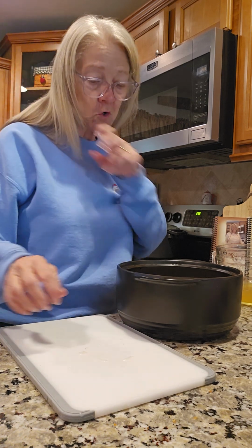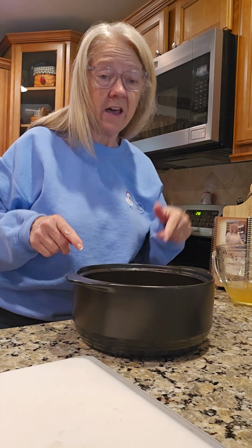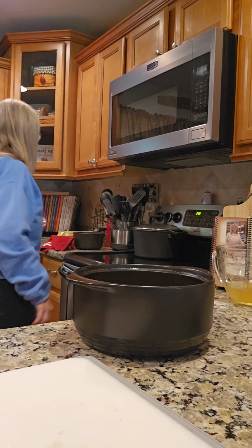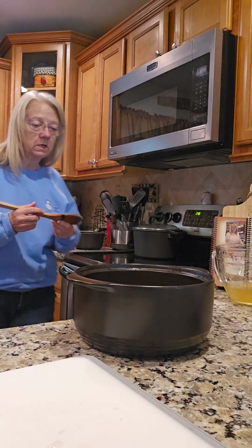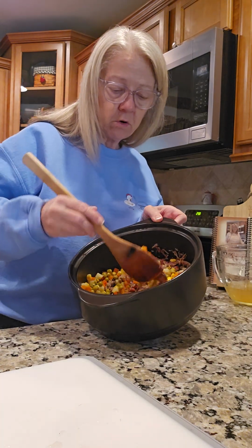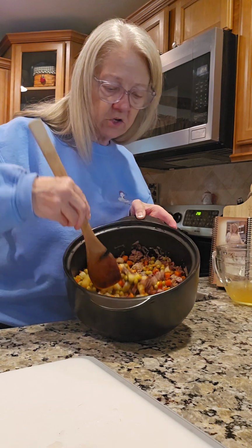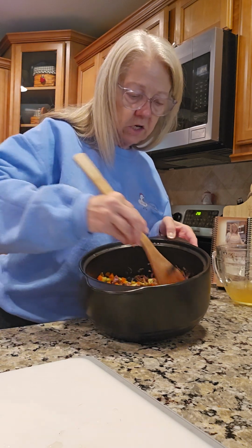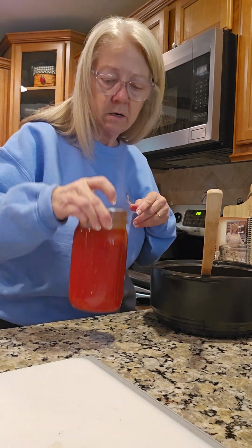All right, let's stir this up. Now the meat already has a lot of seasoning in it. I'll just go ahead and stir this up. So now we have our beef brisket in there and 2 cans of mixed vegetables. So now what I'm going to do, I have some homemade tomato